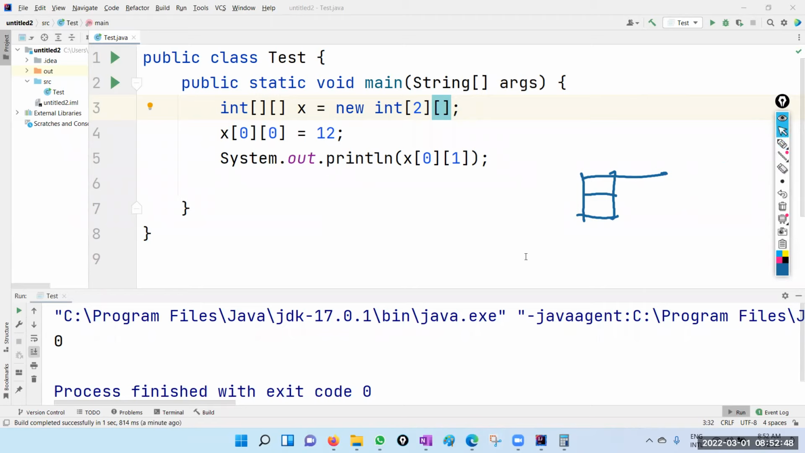So then you can create these odd shape arrays. Since the columns are left empty, you have to create each row again, x0